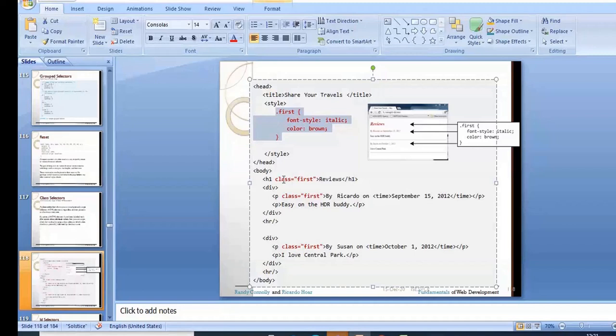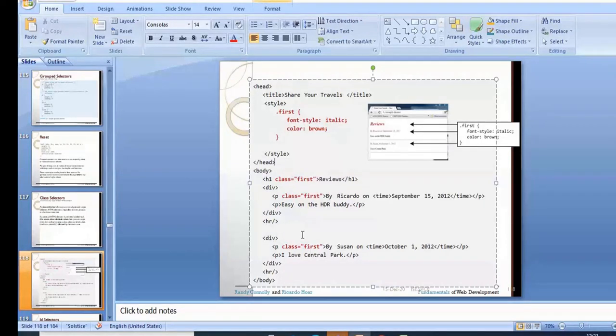Is it clear? It can be applied for any number of tags. The same class name can be assigned to any number of tags. Wherever you want to apply different styles, you have to give a different class name here, followed by the corresponding style you need to specify.